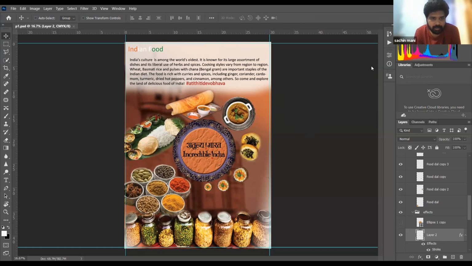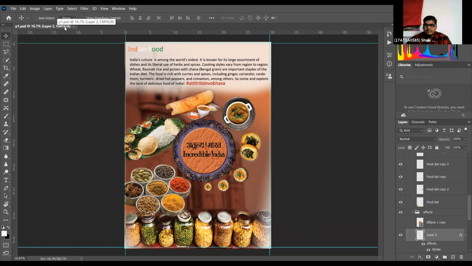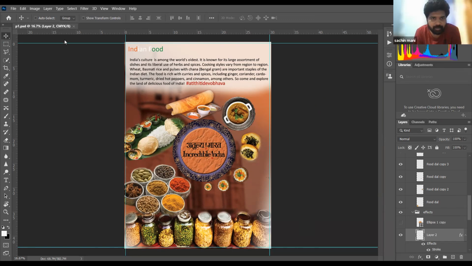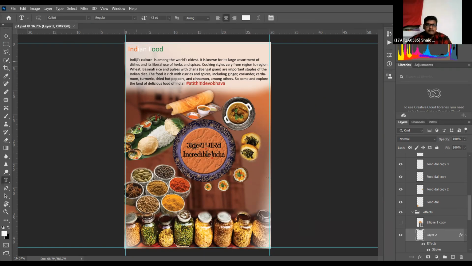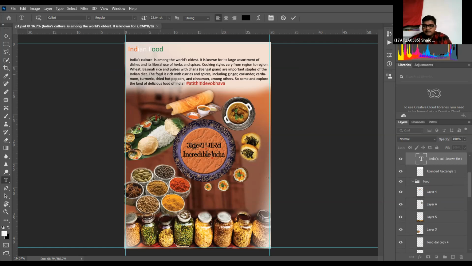So, Shabaz, what is the composition size here? It is A3, sir. Okay. And what is the color mode you are having? CMYK, sir. What font have you used? Arial fonts. Calibri fonts.